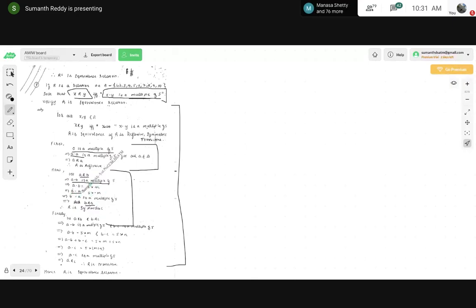See, here I have written this in a different way. In general, if I write 10 is a multiple of 5, how can I tell that? Because 5 into some number, and what is that number? 2, will give you 10. Similarly, I can tell 15 is a multiple of 3. How can I tell that? Because 3 into some number will give you 15, and what is that number? It is 5. Correct, right? So 3 into some number will give you 15, so obviously 15 is a multiple of 3.